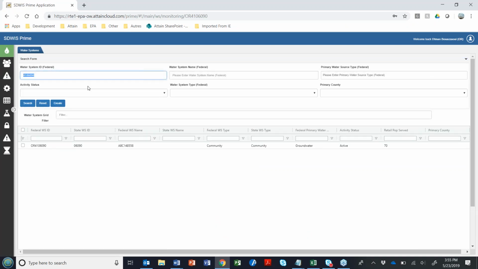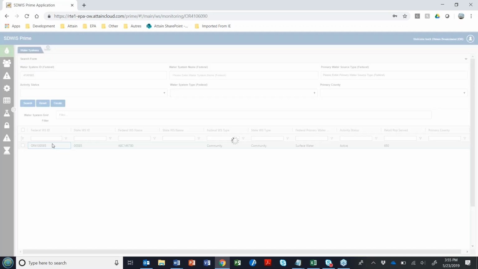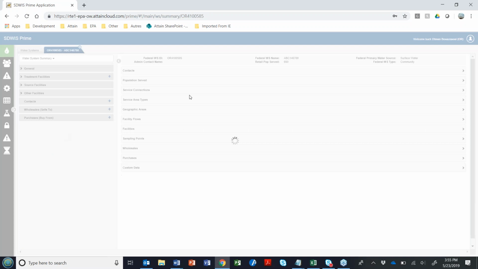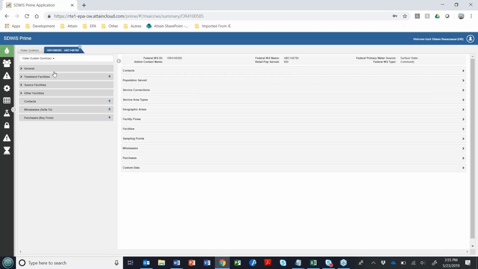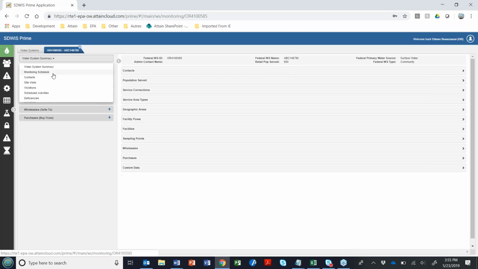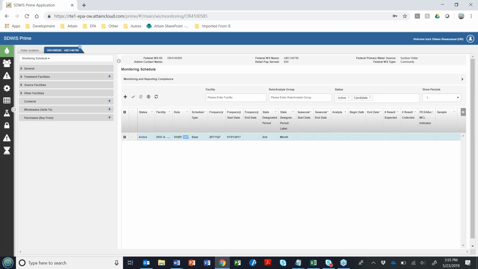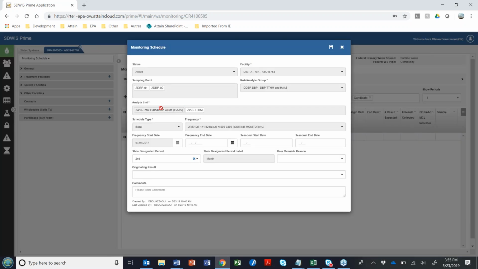So let me pick the water system that I have for this scenario here. It's a surface water system that serves 650 people. I go to the monitoring schedule here. I have already created that.